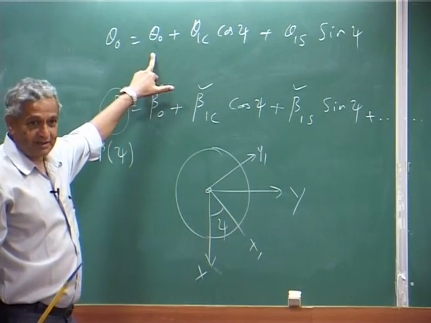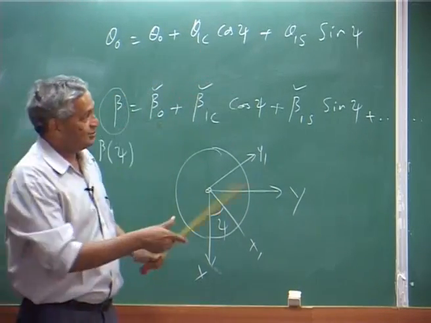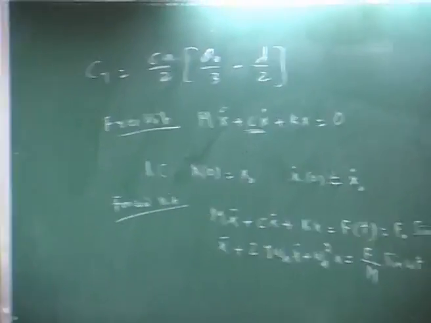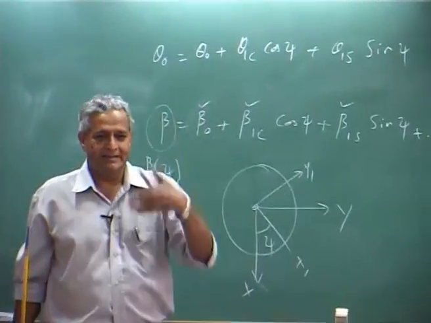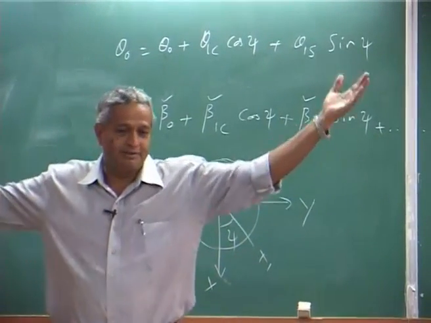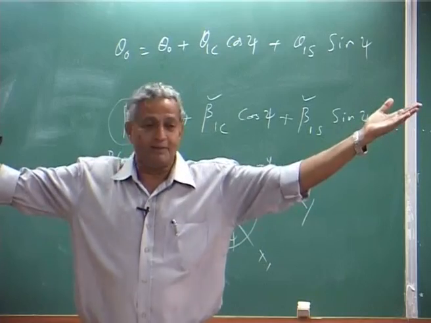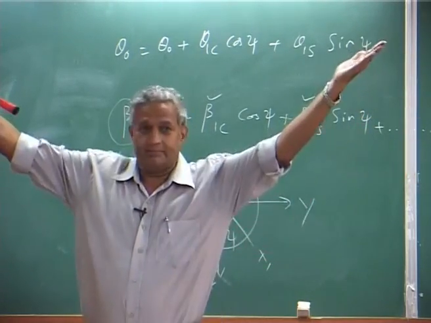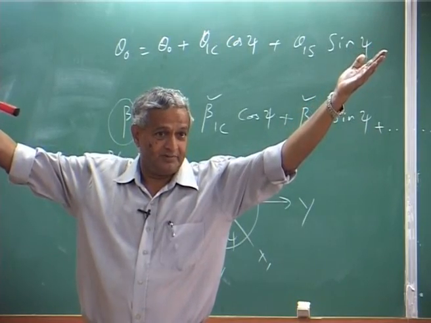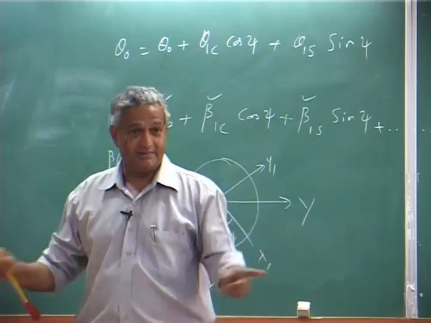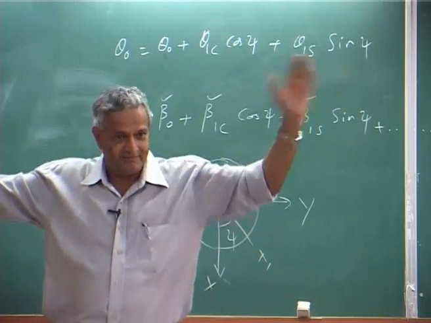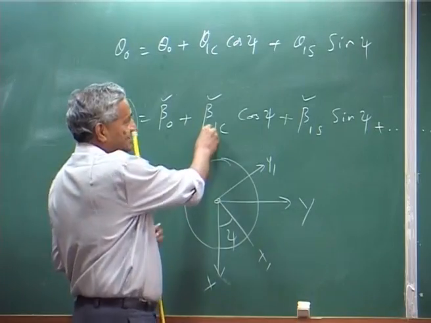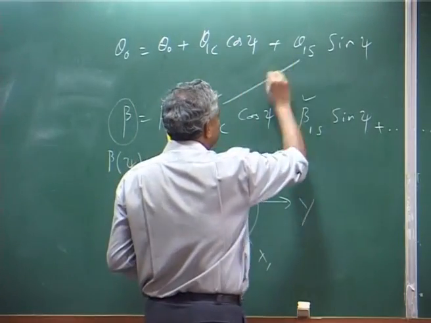Coning, theta naught, is related to your loading. So, you say my beta naught is somewhat related to how much my helicopter is loaded, how much my rotor is supporting. If you put more weight, it will go up a little bit. Same operating condition, please understand, it is not that my RPM is changing, fixed RPM. But when you look at this, 1C is related to,